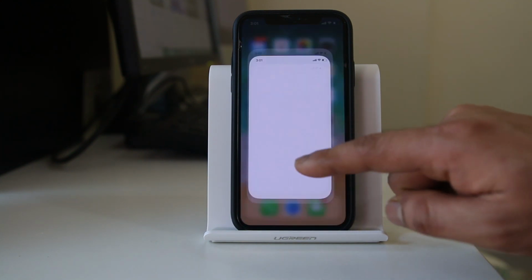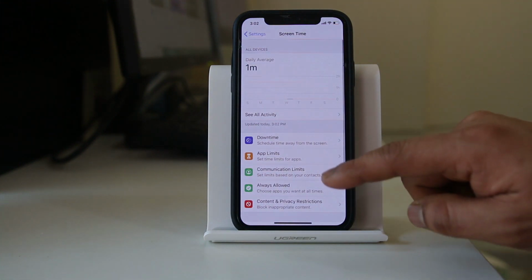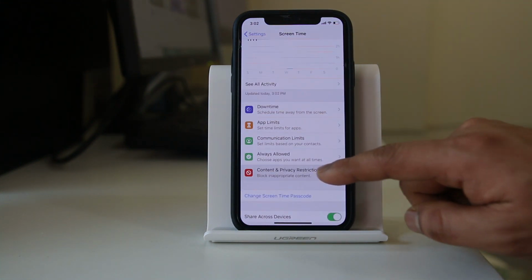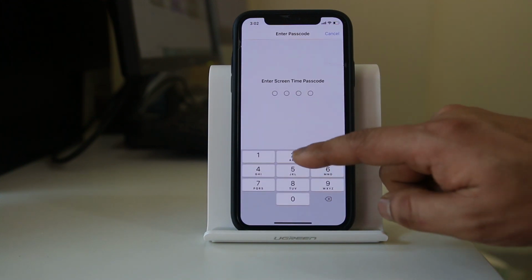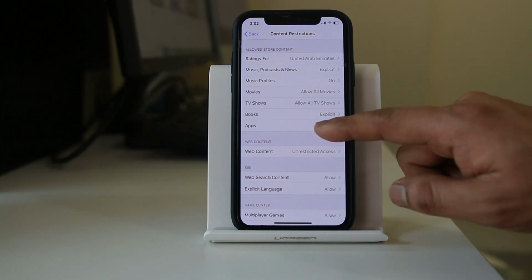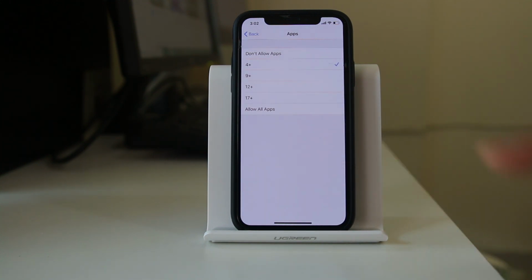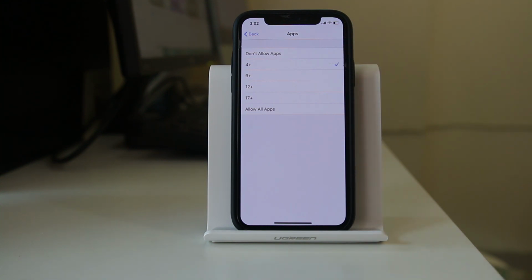So go to settings, go to screen time, go to content and privacy restriction, go to content restriction, enter the passcode, and if I go to apps, now you can see here apps which are rated above 4 plus will not appear in my iPhone.